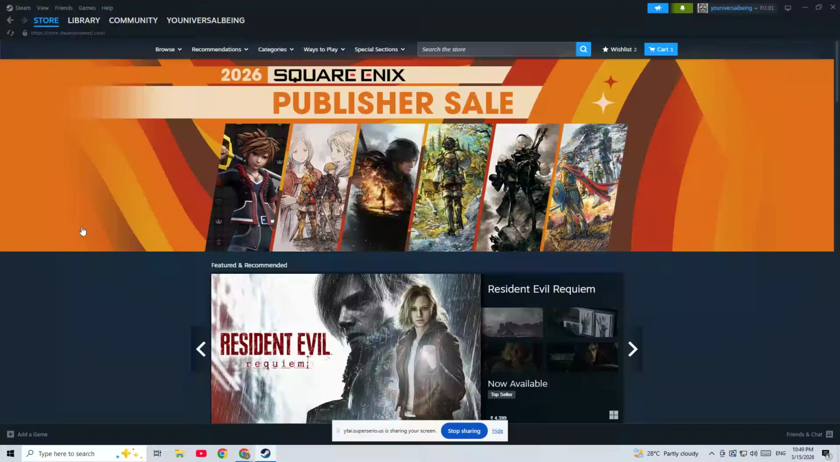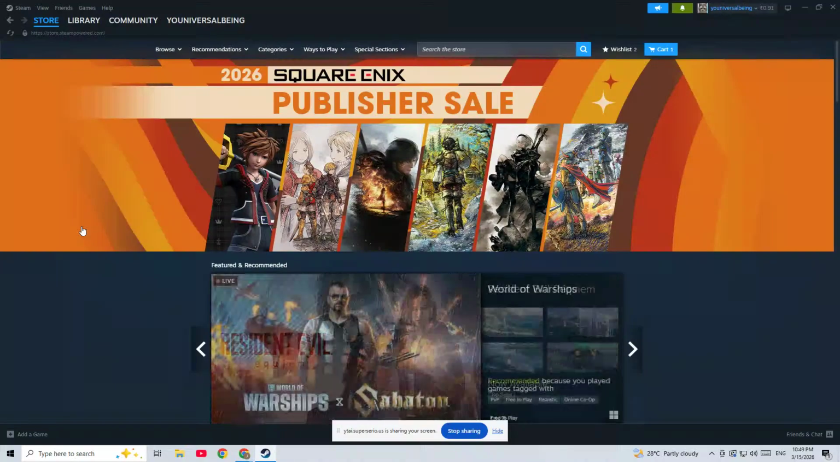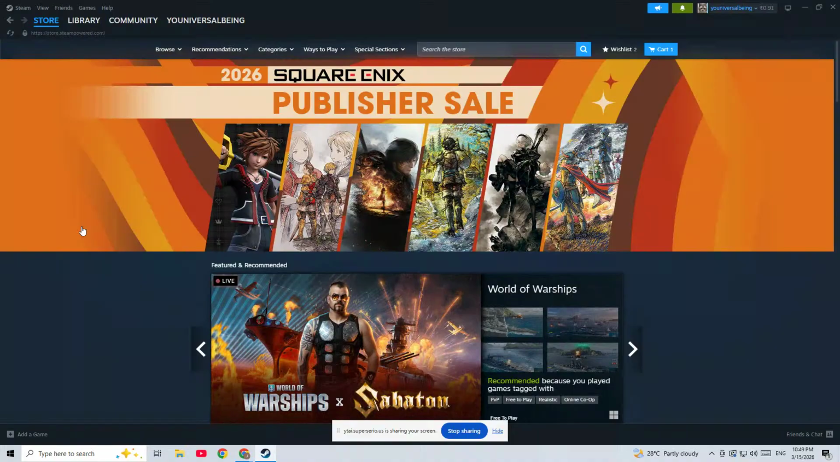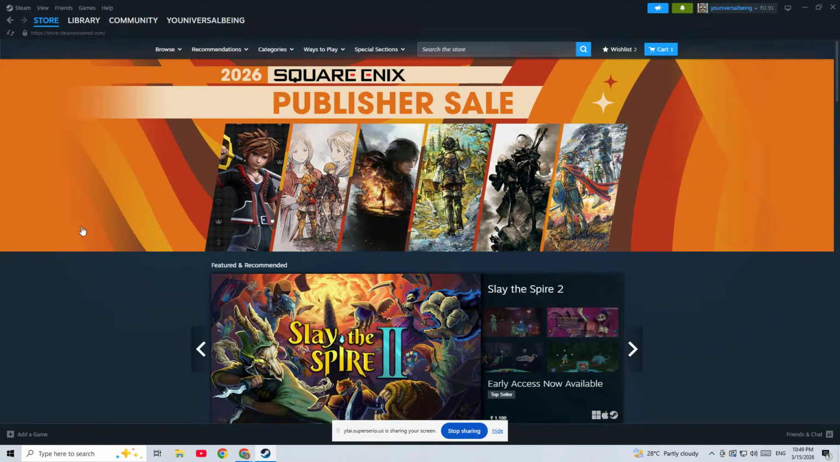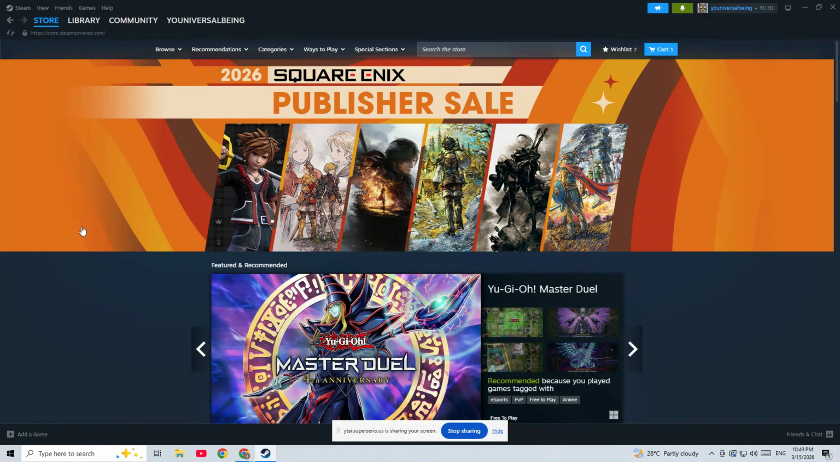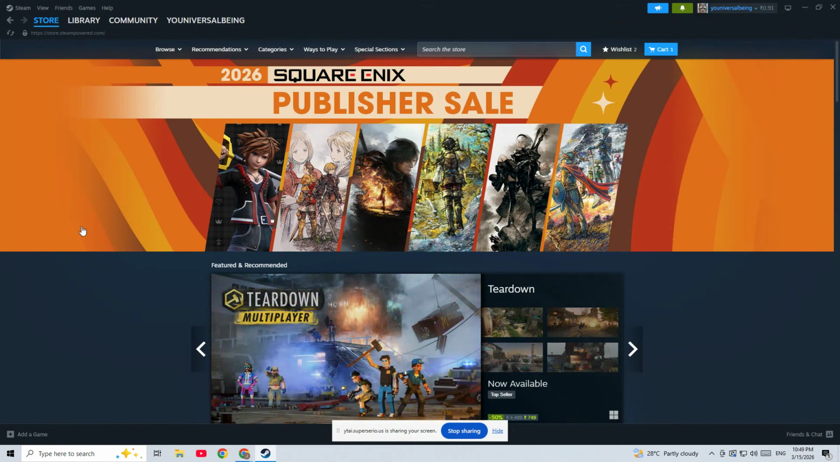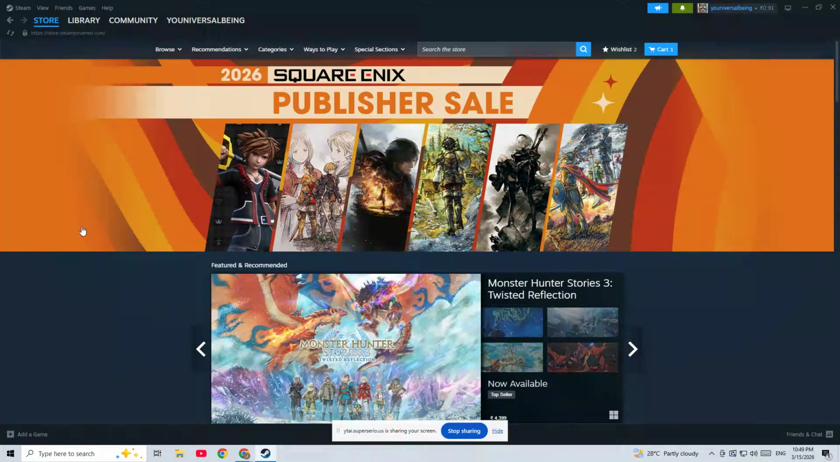Today I'm going to show you exactly how to start Steam in offline mode so you can play your games without needing an internet connection. This is incredibly useful if you're traveling, dealing with unstable internet, or you simply want to launch Steam without it trying to reconnect to servers. The good news is, Steam's offline mode is built directly into the client and only takes a few clicks to enable. In this video, I'll walk you through the exact steps to activate it properly so Steam launches offline every